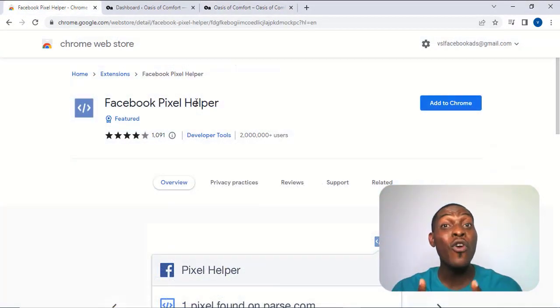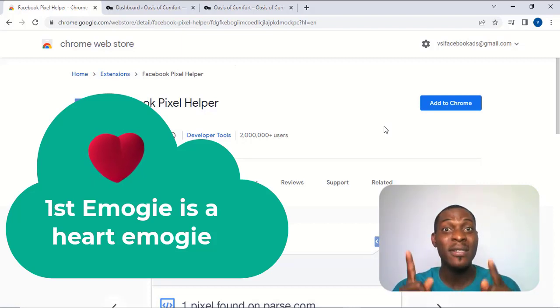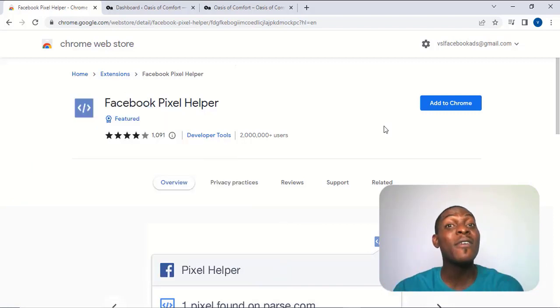Now there is a Chrome extension called Facebook Pixel Helper. As you can see on my screen, this is the Chrome extension. It is only for Google Chrome users. You can search other browsers to see if they have Pixel Helpers too, but this is for Google Chrome that I'm showing you. I've dropped a link to this extension in the description below,